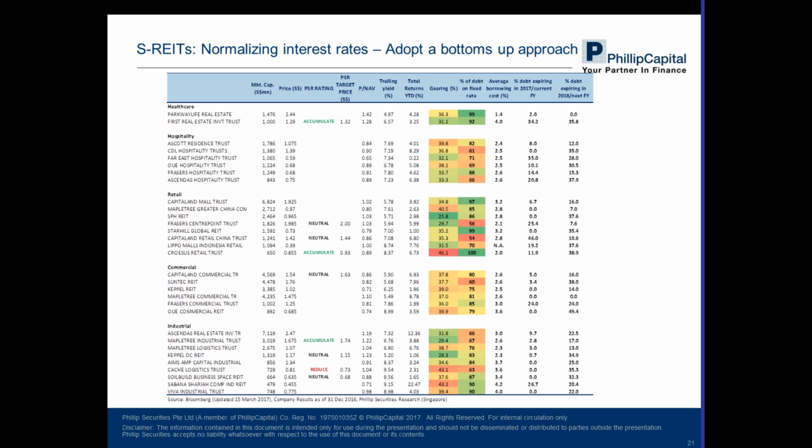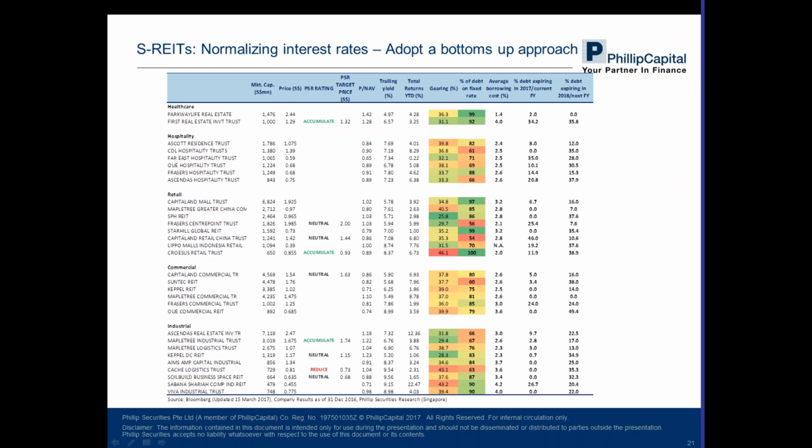So the hike in the interest rate is going to impact firstly those people who are more highly geared. Secondly, if you have less debt which are on fixed rates, your debt on floating rates will be impacted as well. So you look at those. You look at the color scale.